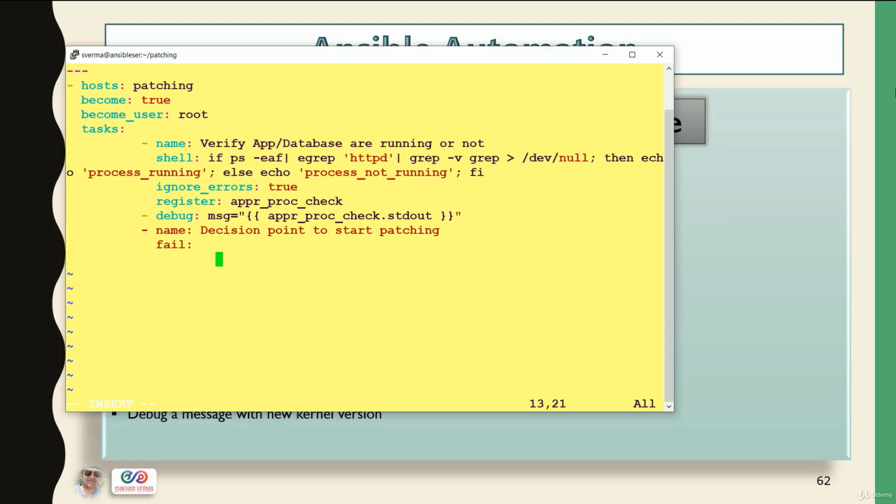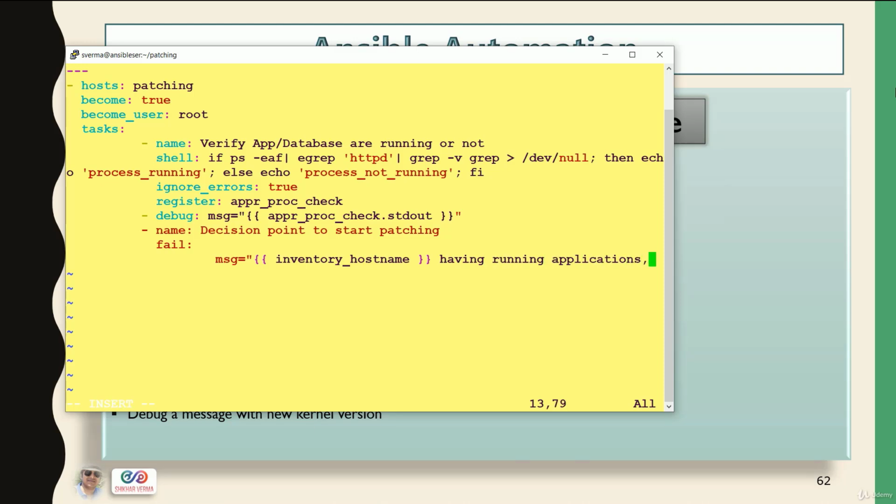If it fails, what message do you want to show at that time? So I'm going to use msg here, and as an Ansible fact I'm using inventory hostname, so it will find the name of the host on which the patching is failing because the application is running. So I just want to show this message, the host name, this one having